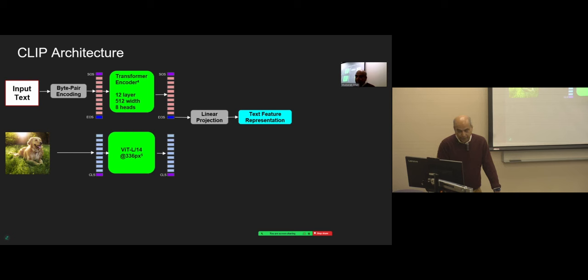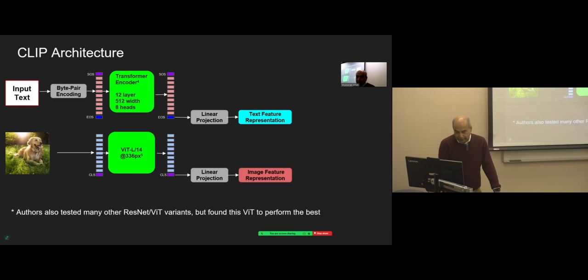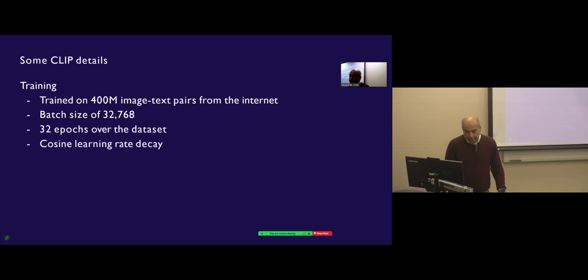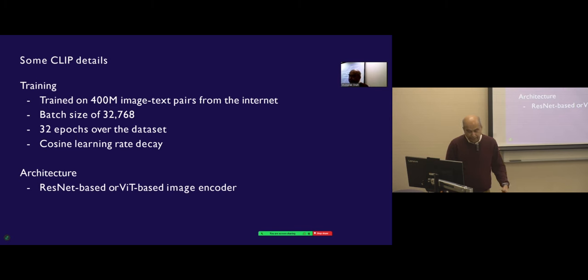And very similar for the image, and you get the image features, and then that's it. So the training was done on these 400 million image-text pairs, with a very large batch size, 32,000, so many epochs, and so on. They did this on ResNet and also ViT,